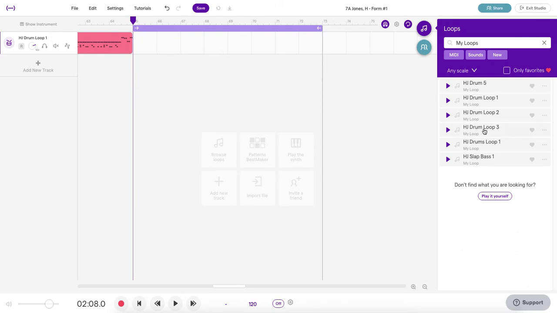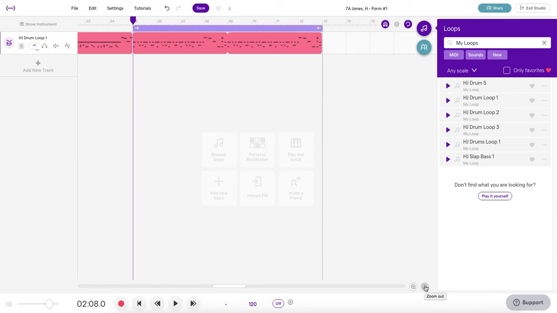So from here, I'm going to go to drum loop 3, click and drag, then drop, and again, Soundtrap is going to populate under that complete cycle bar. So once again, I'm going to zoom out,